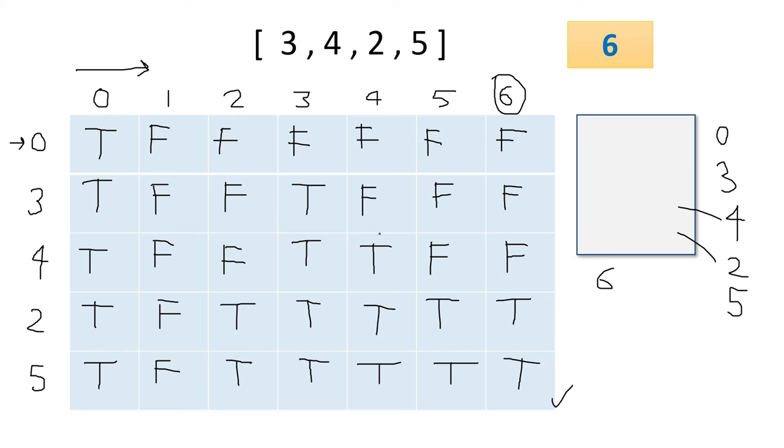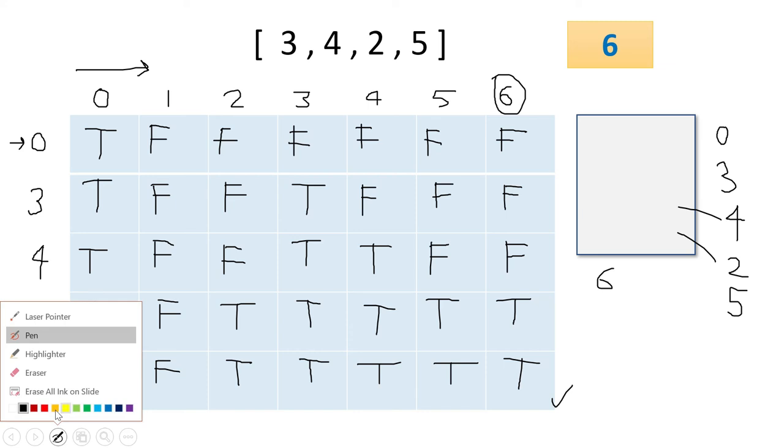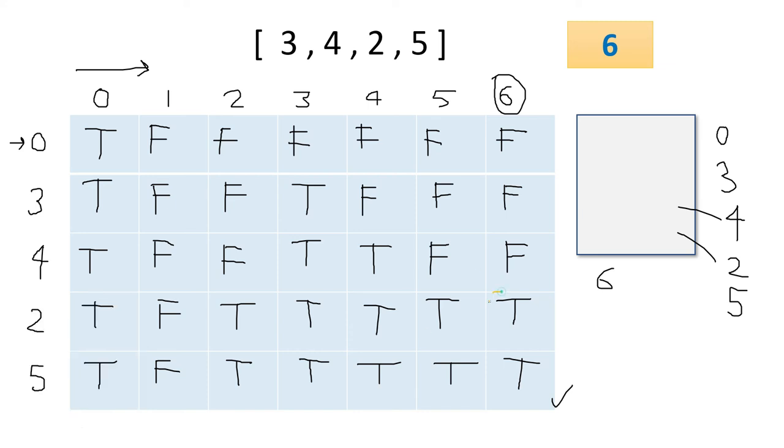And you can stop in between also. If you check the right side, the last column, if any value is true, then you can stop, because using 0, 3, 4 and 2 only, we are able to form 6. That means even if we don't go further, it is true, because we need the answer as to whether using these numbers we can form 6 or not. So this is all about this program, how to take help of dynamic programming to solve this.